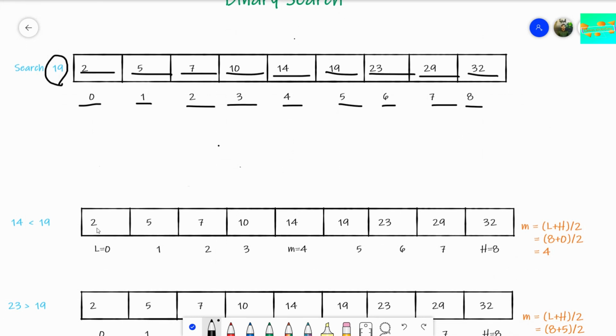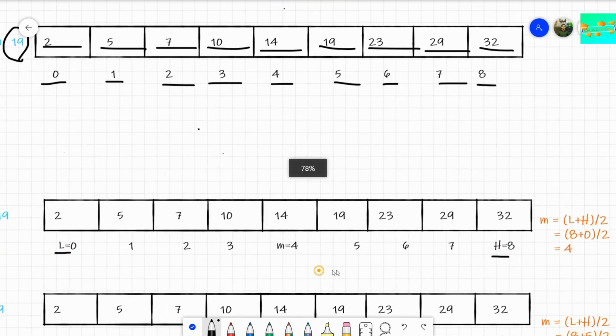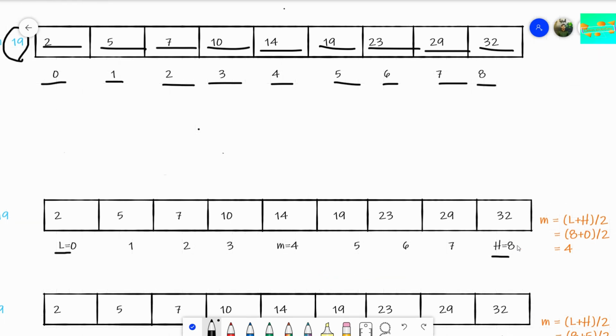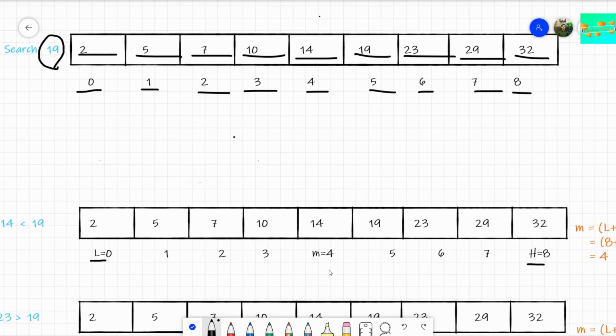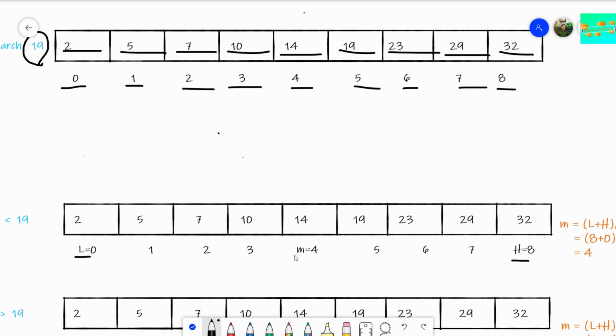First of all, we'll take 3 pointers. One is low, here we represent it by L. The other is high, here we represent it by H, and the third one we have as a pointer is M, that is the middle or the mid position. In binary search, we take 2 pointers, high and low.